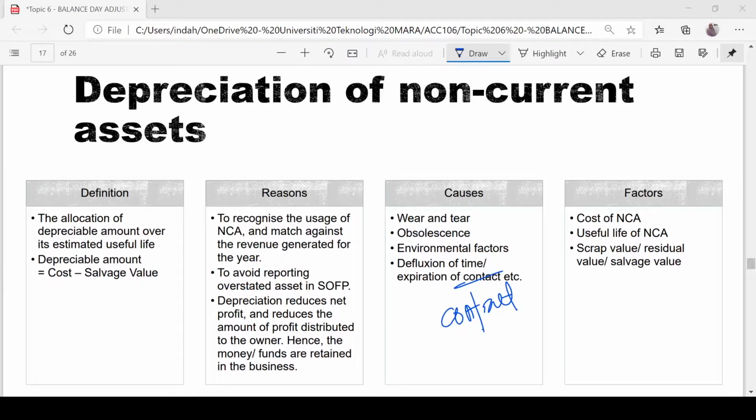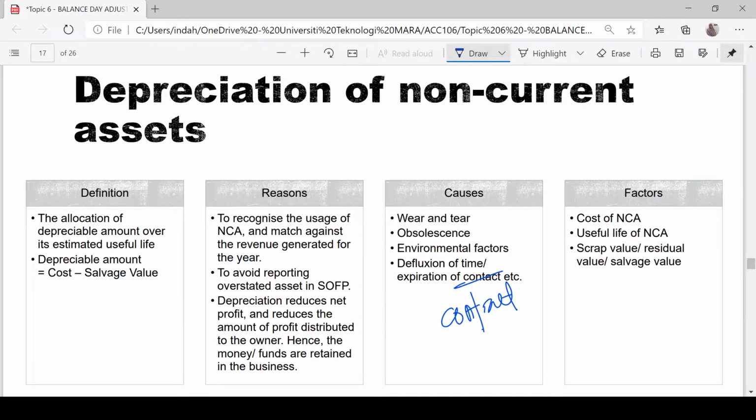Okay, so let's continue with the depreciation of non-current assets. Depreciation is specifically for tangible assets, for example, buildings, motor vehicles, equipment, machinery, furniture, fixtures, and fittings. All right. And what is depreciation? Depreciation is an allocation of the cost of an asset, or the depreciable amount of an asset, over its estimated